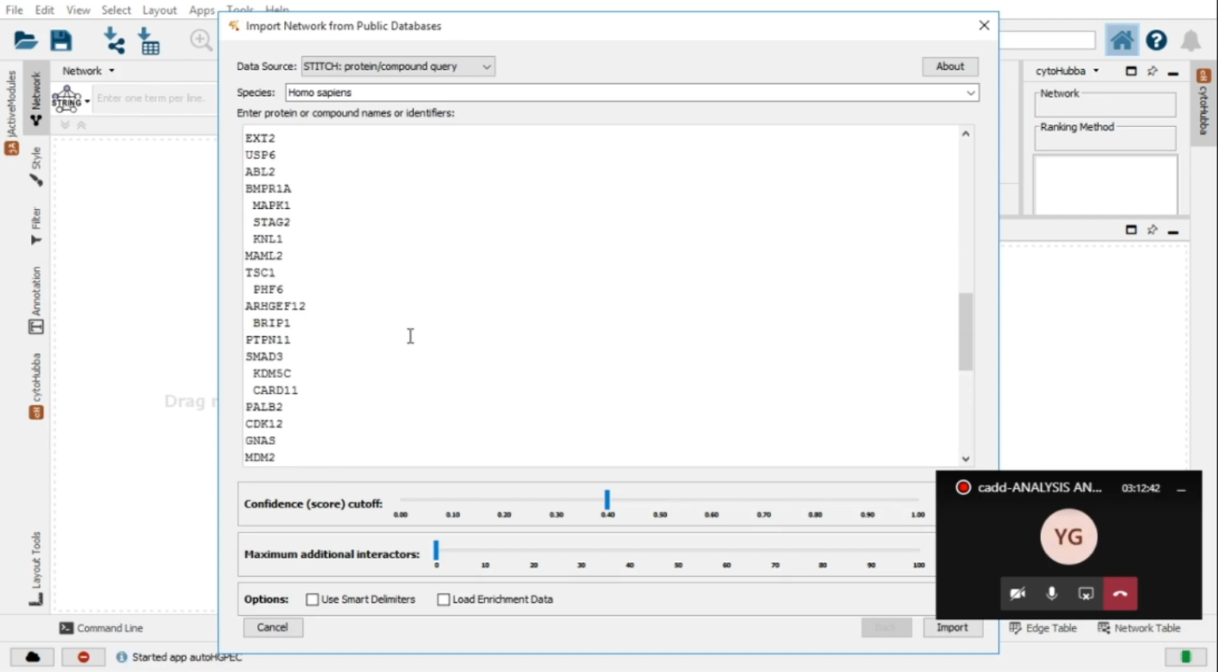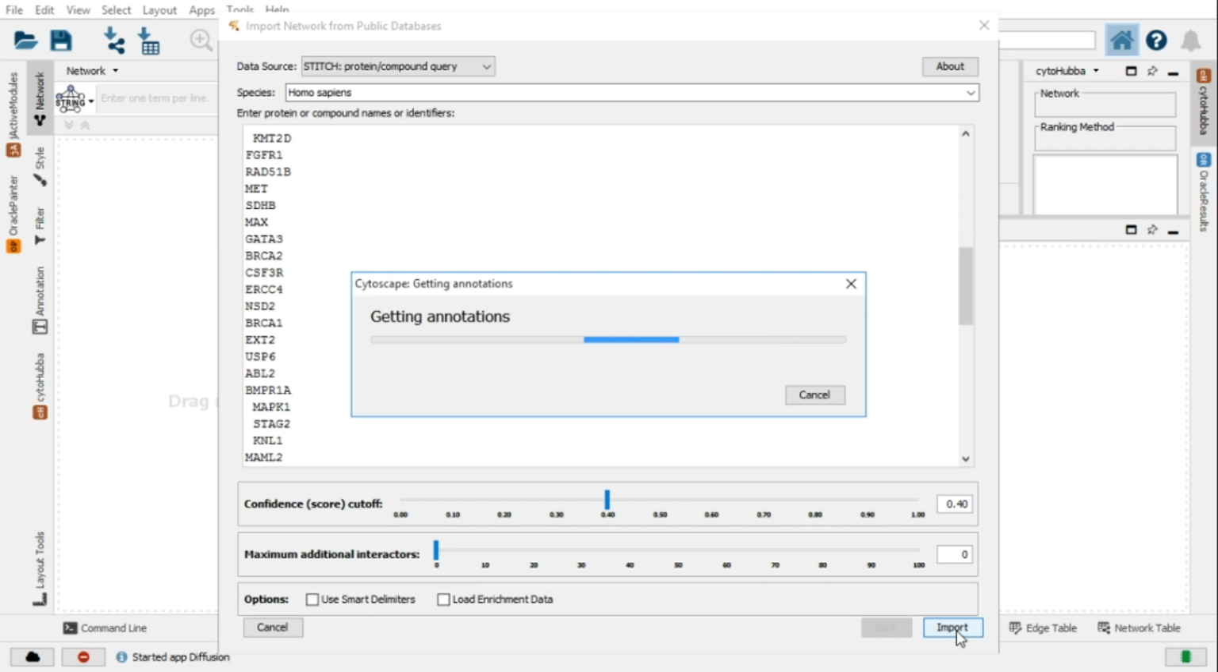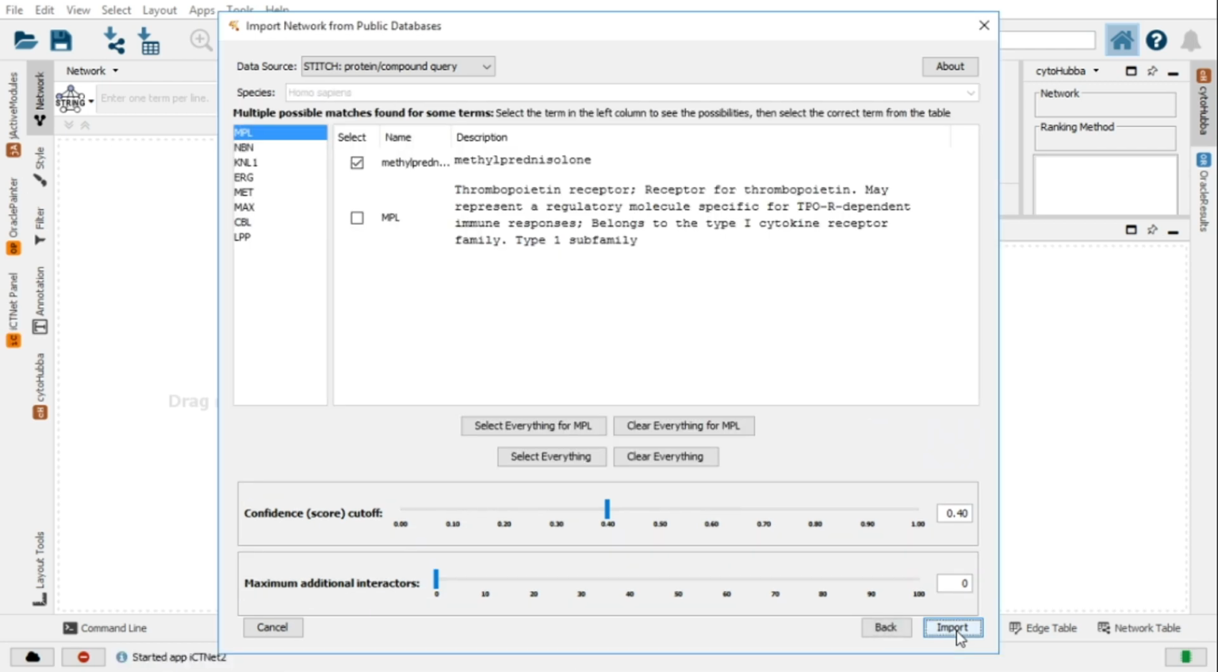Okay. Now what I do is, let me import. That means import in the data set, import in the network, connecting these. This is actually PDI, drug protein database. Here also, if I want, I can make the confidence level like 0.4. Instead of that, let me put it as 0.7. Then